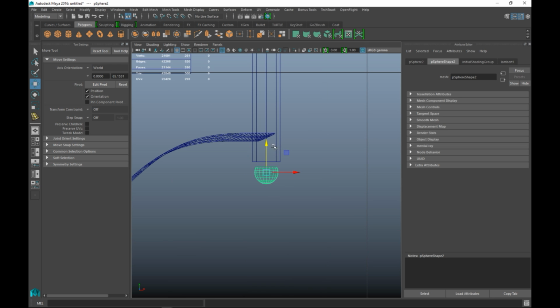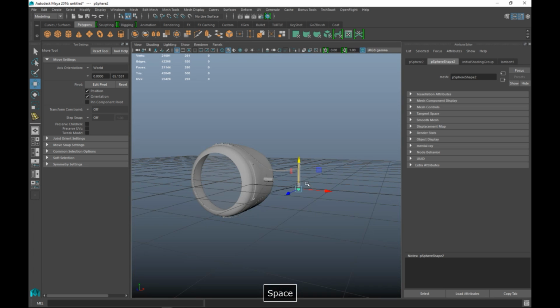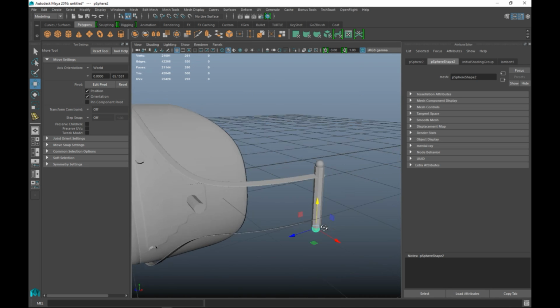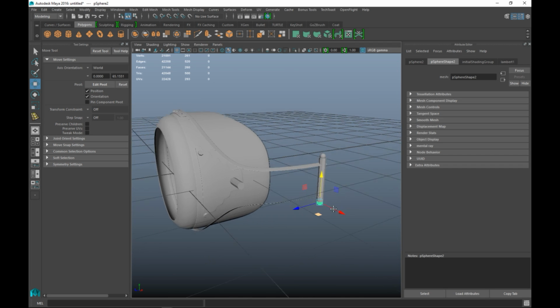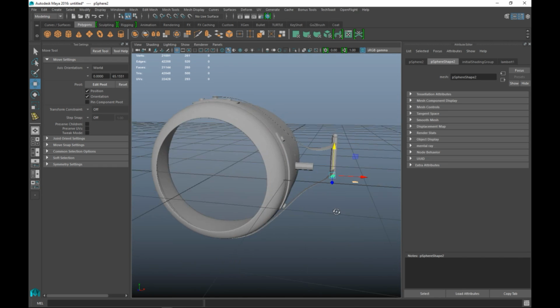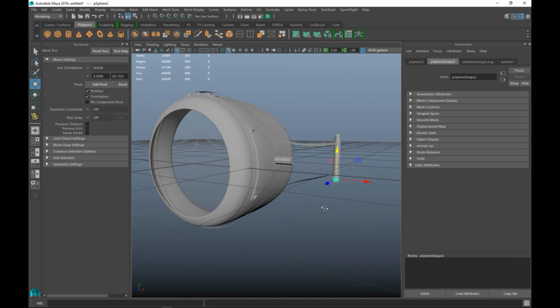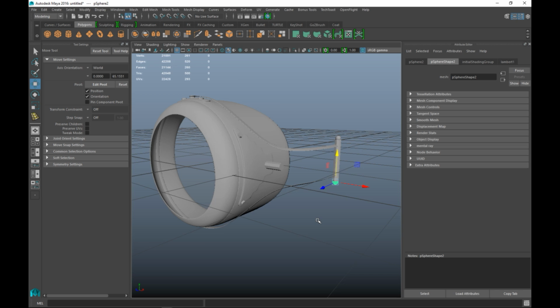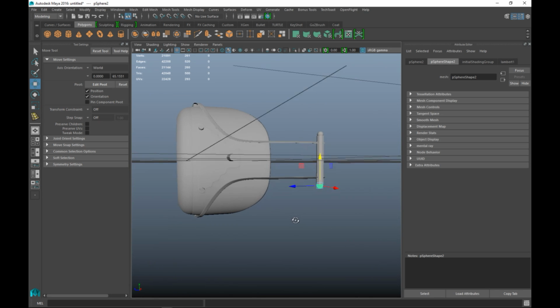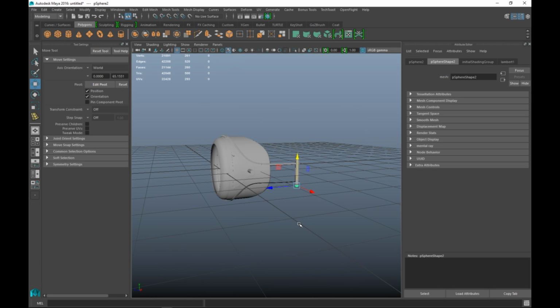Have to zoom in, and there you have it. Okay, so just to add a little bit there. Okay, that looks all right. So we're getting closer. But keep in mind that a lot of this will be mirrored, so there's not a lot more to do. What we are going to do though is we are going to create some cogs, and